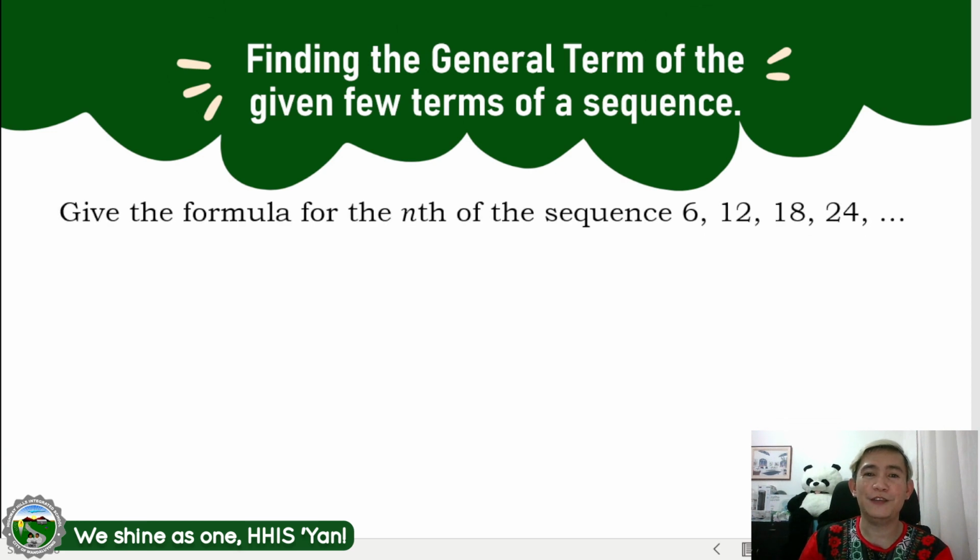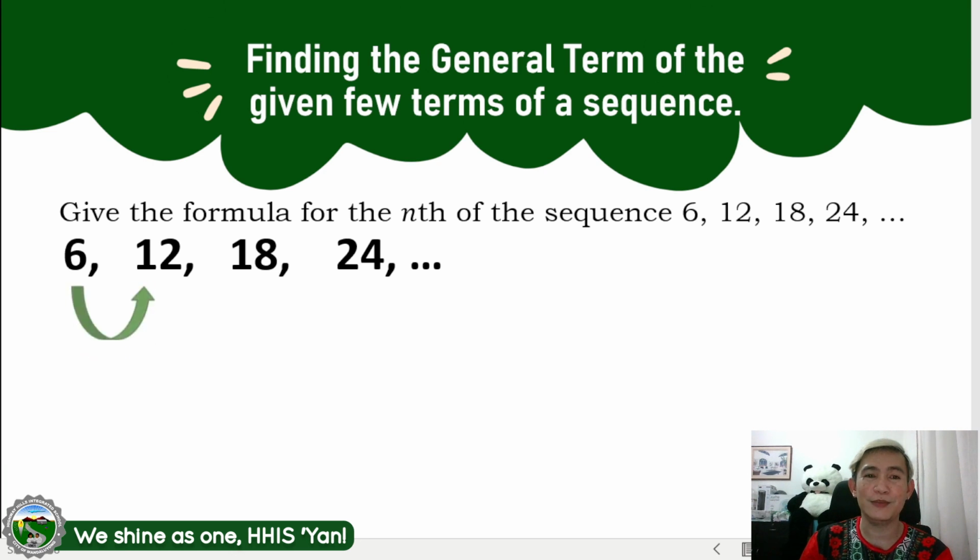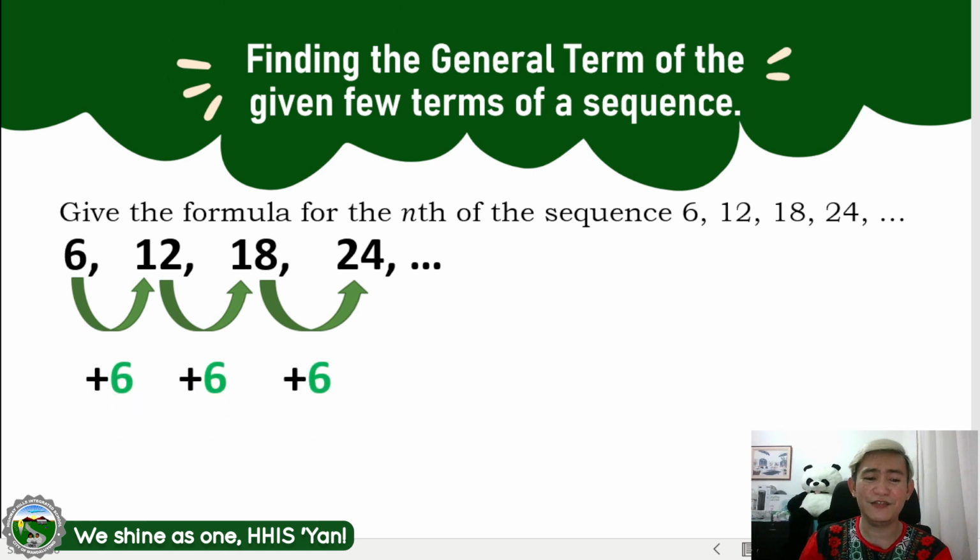Give the formula for the nth term of the sequence 6, 12, 18, and 24. So first step is we have to write the given sequence: 6, 12, 18, and 24. The next step is we have to study the pattern rule. So 6 becomes 12, 12 becomes 18, and 18 becomes 24. Since we repeat adding 6 to each value of the term,